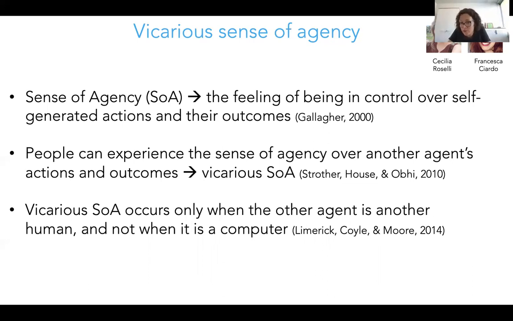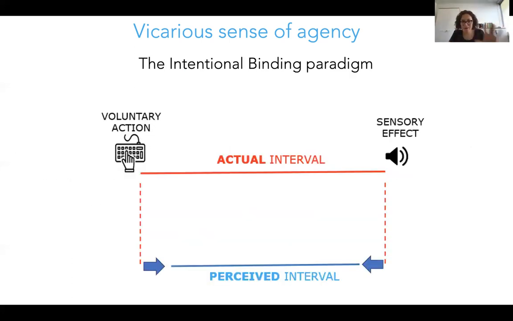We use the intentional binding paradigm that maybe you're familiar with from Patrick Haggard and colleagues. I have an entire long introduction to it, but I'll just run through this very quickly. The idea is that when you produce a sensory consequence of your action, so you press a key and then there's a tone, the perceived timing, which is measured in a Libet clock, between those two events, the action and the effect, shrinks. So they are bound together, hence intentional binding, because you are the one producing that action.